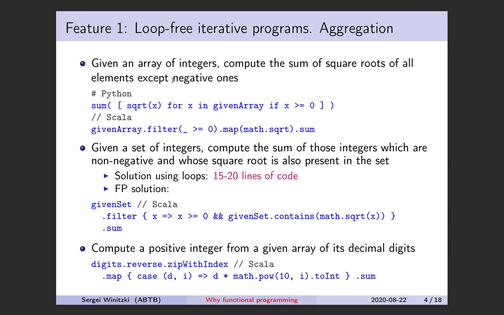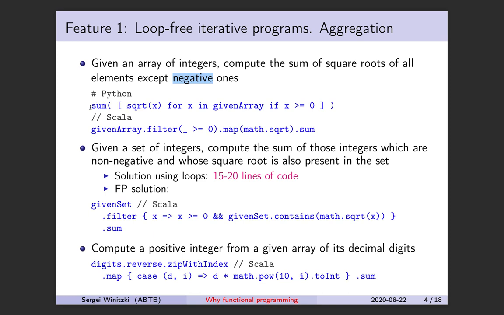A similar thing happens for aggregation. Aggregation means you have a sequence or an array or a list or a set, and you need to compute a single value out of that entire list by aggregating the data in some way. Here's an example. Given an array of integers, you want to compute the sum of square roots of those integers,